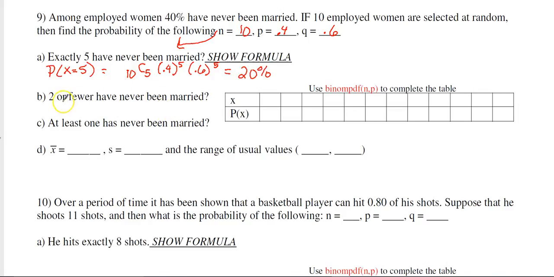2 or fewer. So when it's like this, that means we've got to do our PDF, our distribution. So from 0 to 10: 0, 1, 2, 3, 4, 5, 6, 7, 8, 9, 10. And we're going to use our binomial PDF. And that gives us 0.01, 0.04,